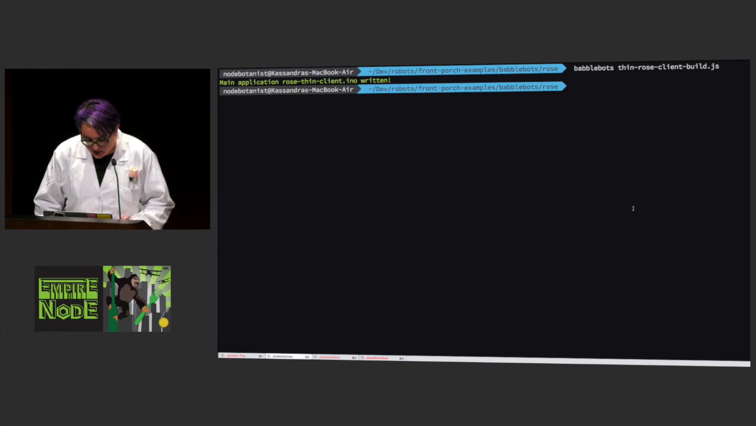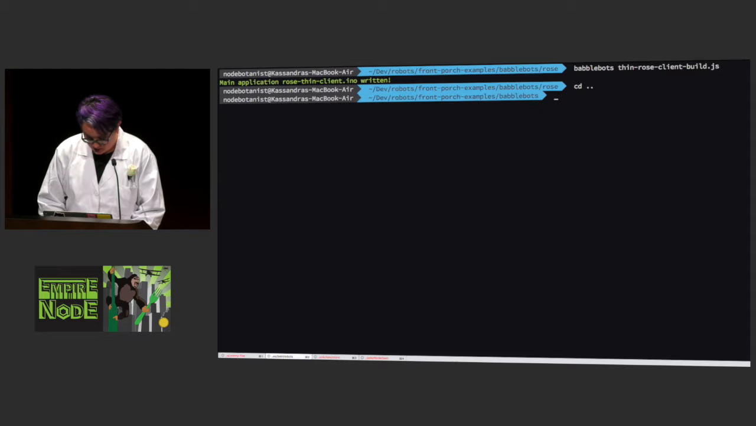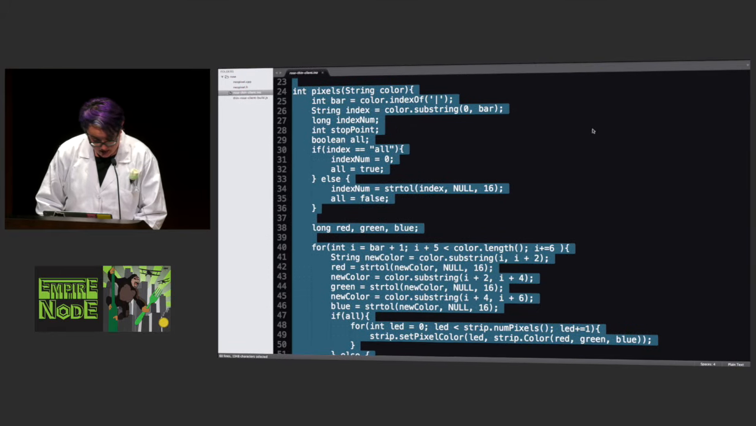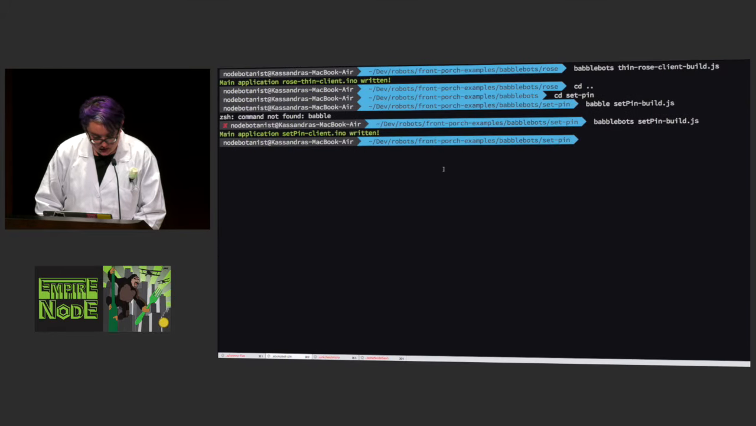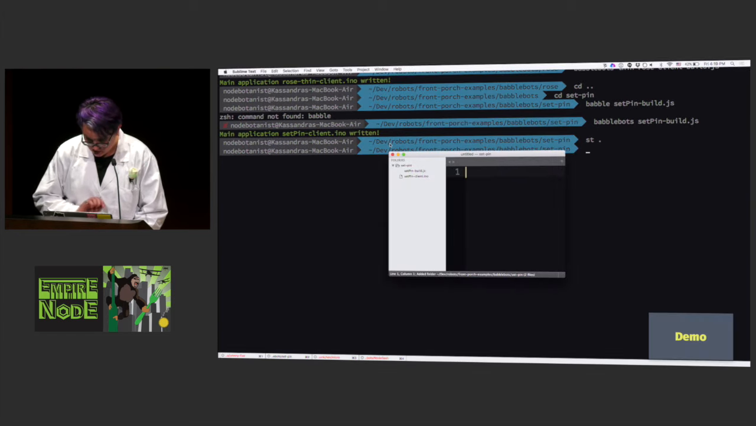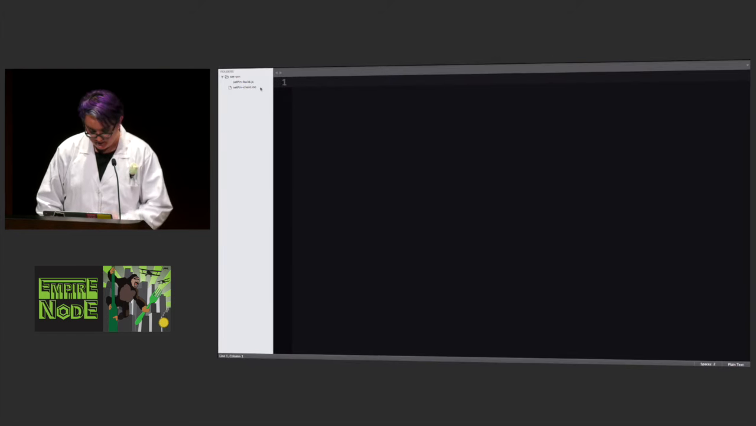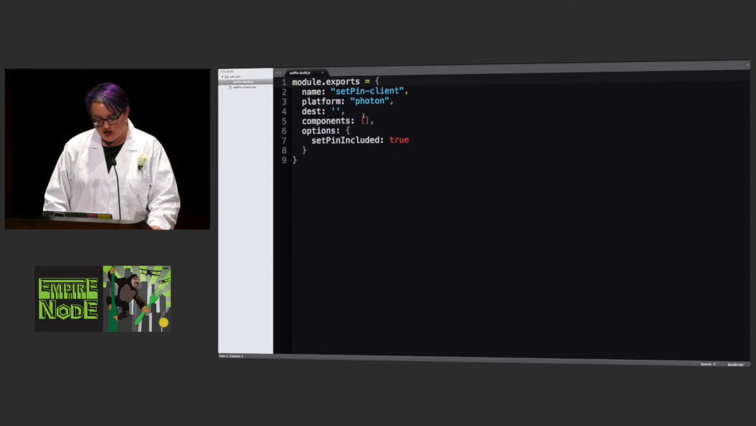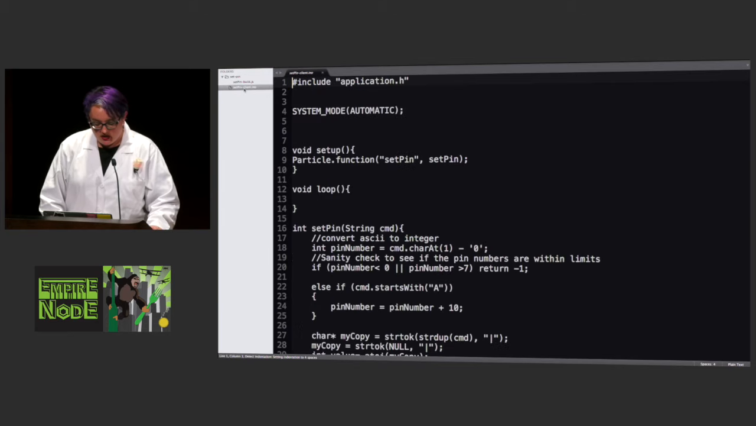All right. The other function I have, which I will show you, is, nope, not that one. That one is the setPin function, and, oh, it's Babble Bots, not Babble. Would help if I could remember the name of my own library. There we are. And so, I've got to open up this folder. All right. So, in this folder, I've declared a build, and it doesn't even have any components. It just has options on the main build, setPin included set to true. And so when I go into the compiled C++,